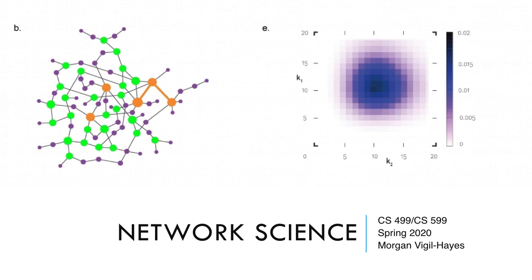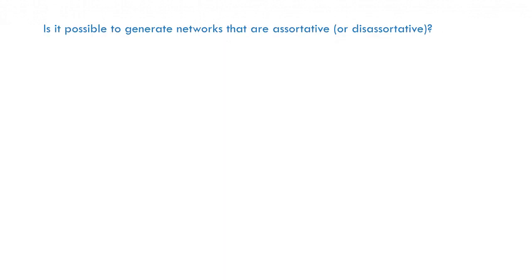In this video, we're going to go over whether it's possible to generate networks intentionally that have properties of assortativity or disassortativity. So the big question that we're going to try to tackle is: is it possible to generate networks that are assortative